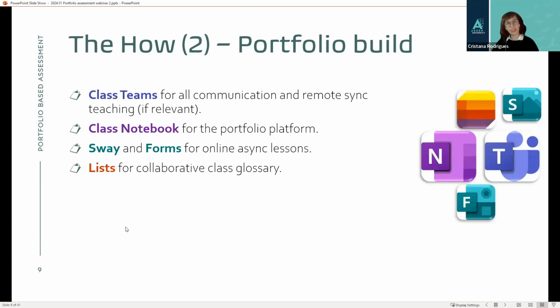I've used lists for a collaborative glossary. Again, this is just a nice to have thing. I've always wanted to have a collaborative glossary and try it out with students, and I've never quite found an app for it. And I think lists would work really well. I'll demo it later. And then for the marking, we're going to use Teams assignments, and that's the thing that's